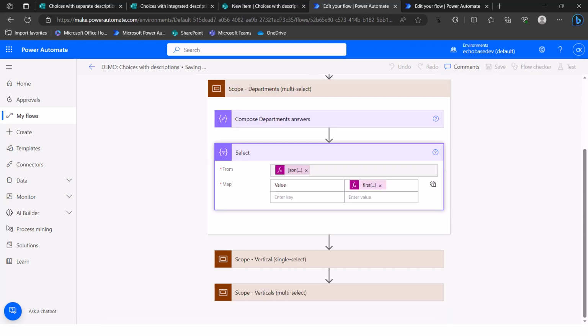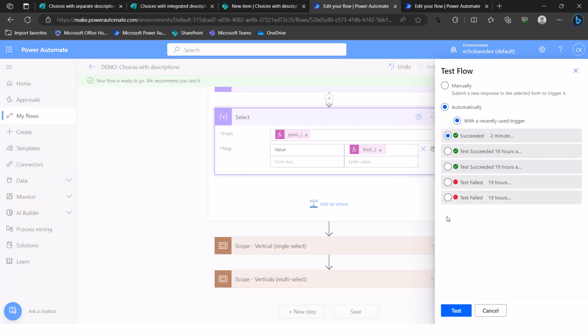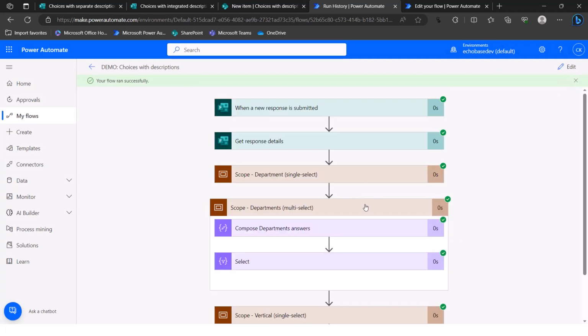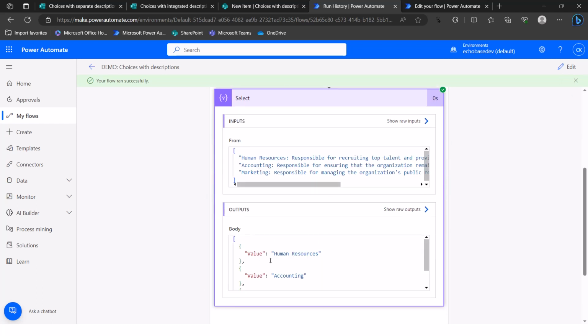All right, so let's save this and let's run this again just so I can confirm that that is what I screwed up. Hey, we all make mistakes, so let's learn from them. All right, so now if I look at my department multi-select, that's the output that I'm looking for. Simply value, human resources, value, accounting, value, marketing. That's what I need to feed into my